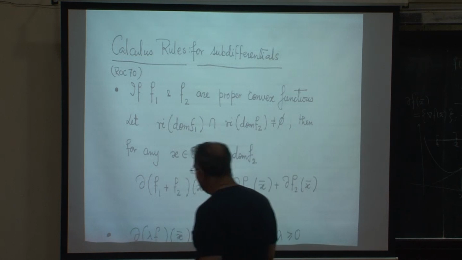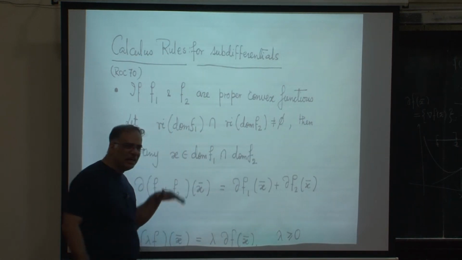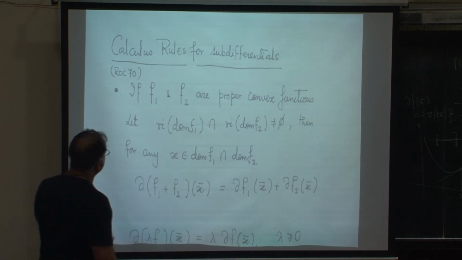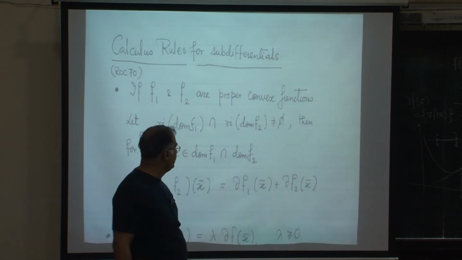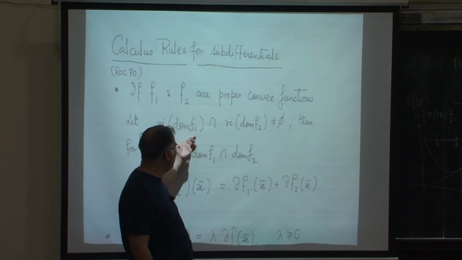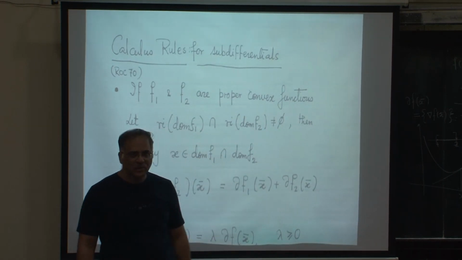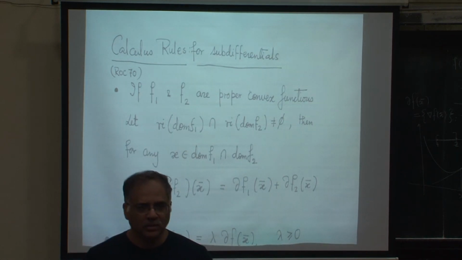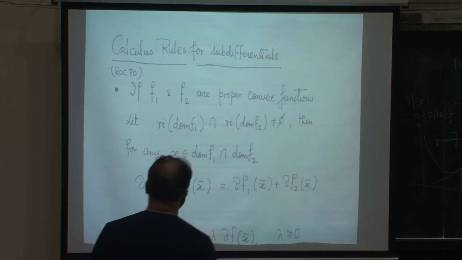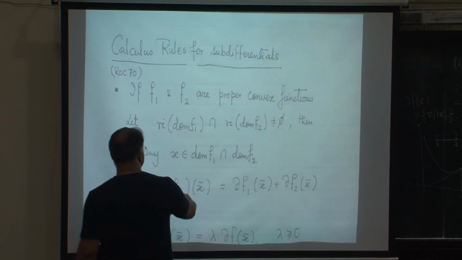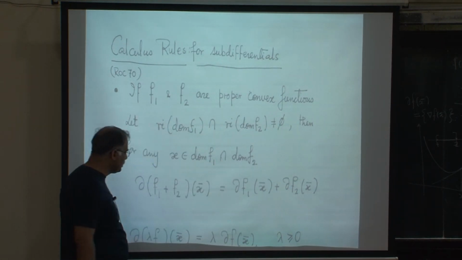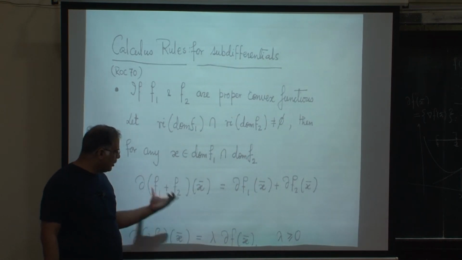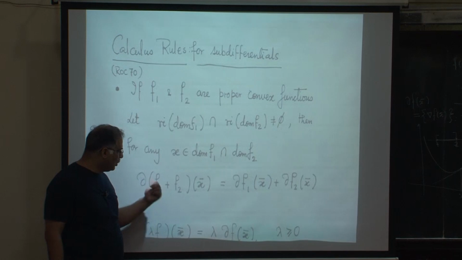So, as you know, here we are on much more technically higher ground. If f1 and f2 are proper convex functions and the relative interiors of their domains have a non-empty intersection, then this is a result due to Rockafellar. Then for every x bar in the intersection of dom f1 and dom f2, you see, because we are adding the functions f1 and f2 at the point x bar,